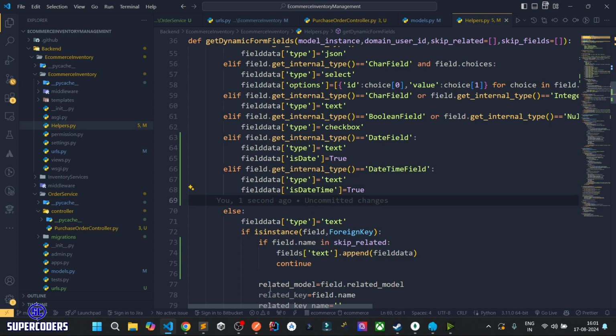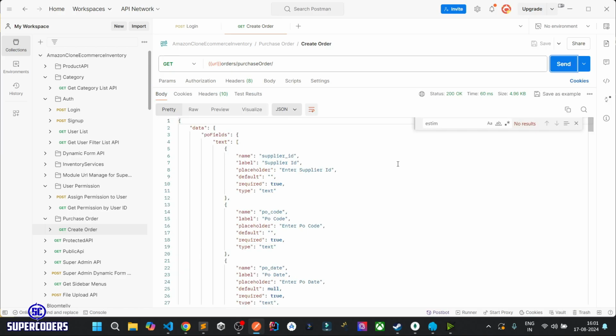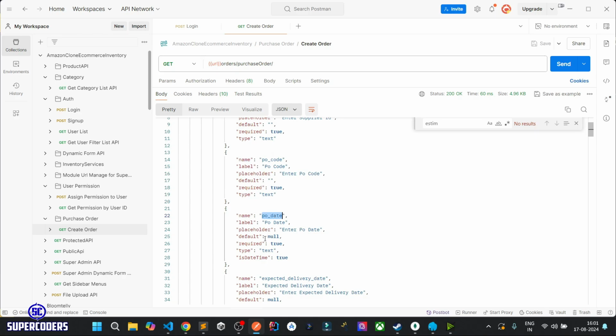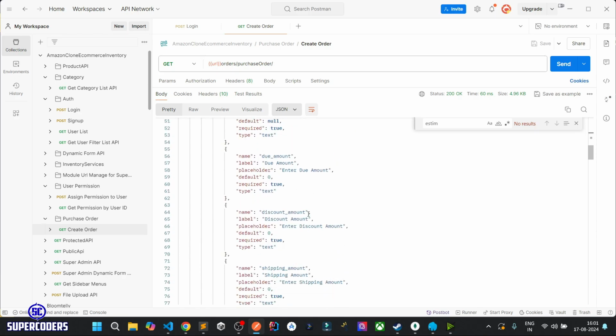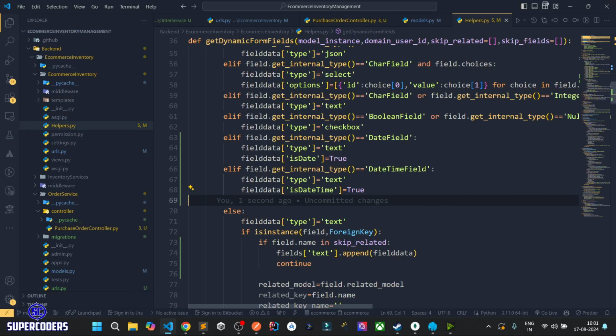Now save it, back to Postman, click on send, and here if I look right now, I can see the PO date is date time true, delivery date is date time true. So I can use this attribute to make the text field with the option of date time. So that is also working fine now. After that,